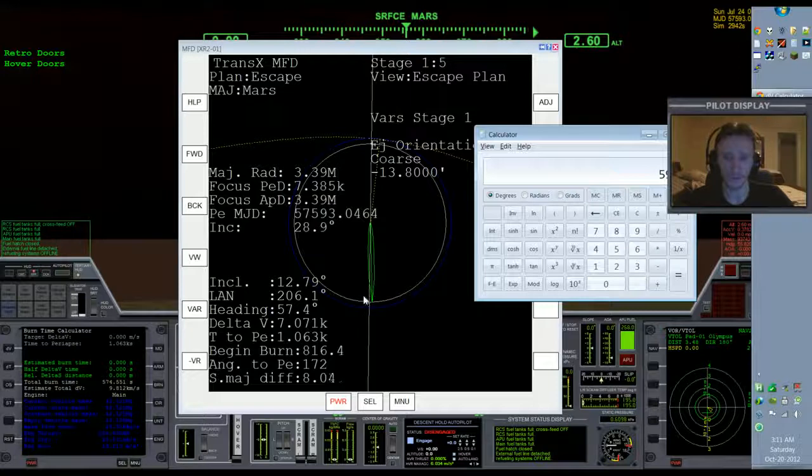So after we get up off the ground and do our ejection burn for going to Venus, this is how many meters per second we will have left. And this is just an approximation. It's not going to be exact because actually